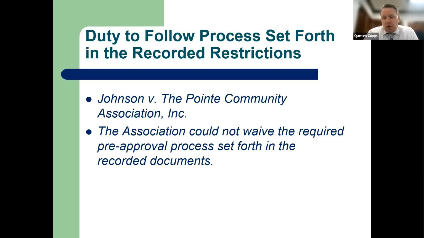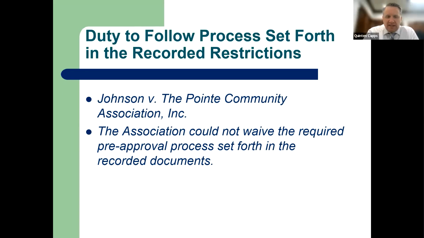And it actually went to the Court of Appeals. But what's interesting is the Johnsons prevailed in this case. The association was in the wrong because the documents required that if any owner wants to install this particular item, this wiring, they have to conceal it. There was no discretion there. So the board was at fault for allowing this to occur and choosing not to enforce this particular restriction in the documents.